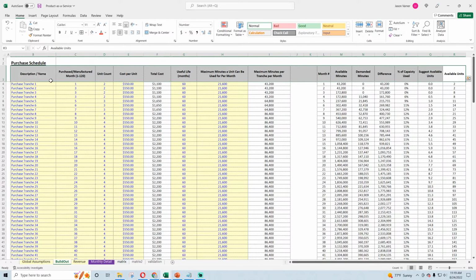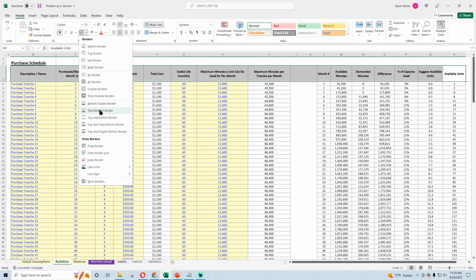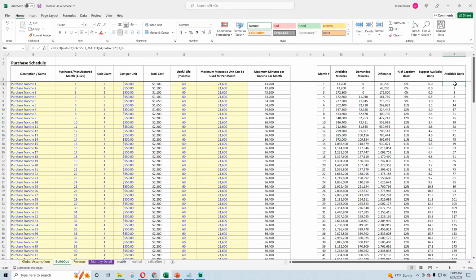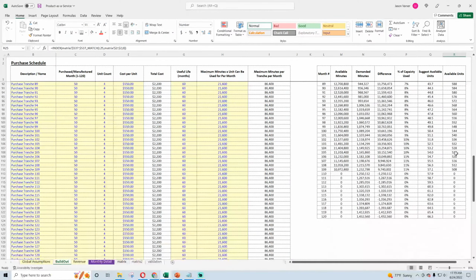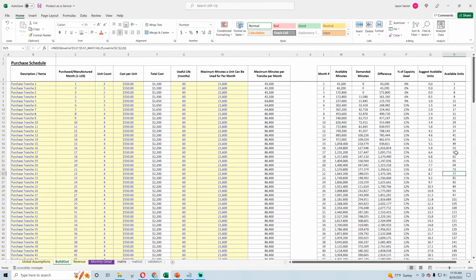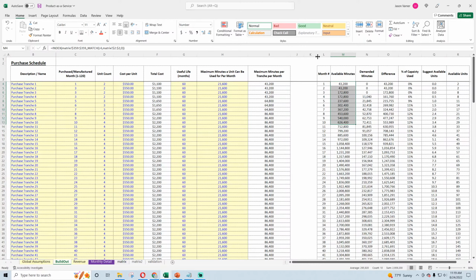Let's keep thinking about this. So we have this available unit count we need to measure against, because the point is I wanted to make it easier to see what you have versus what's demanded. And I mean, we can see that in minutes, demanded minutes versus available for sure.